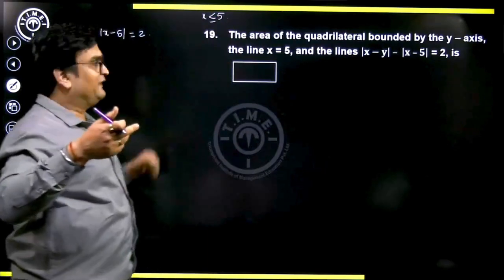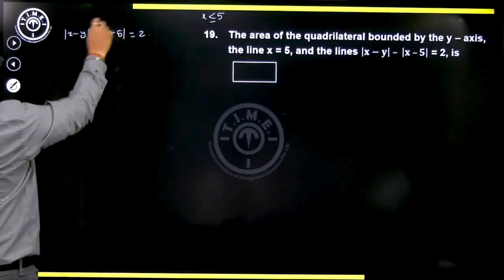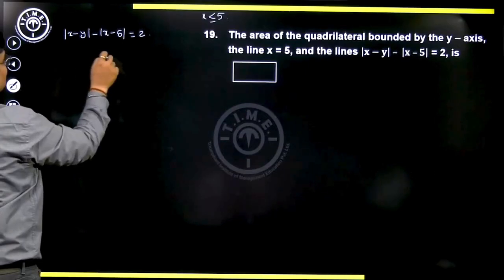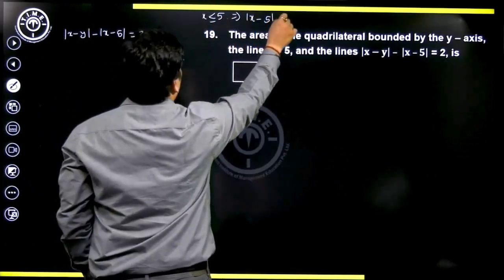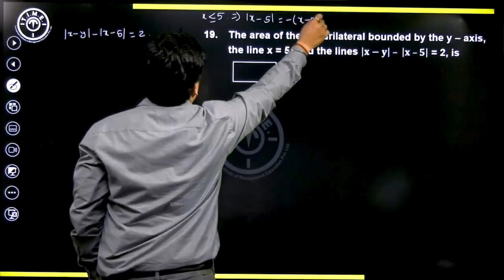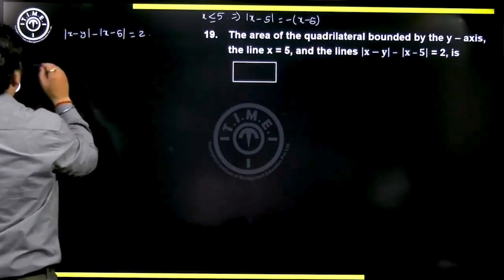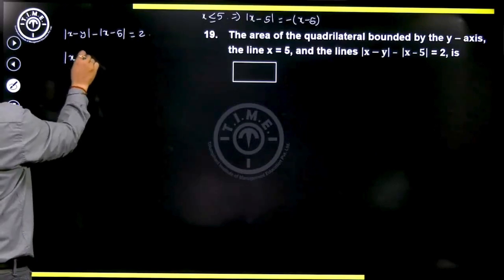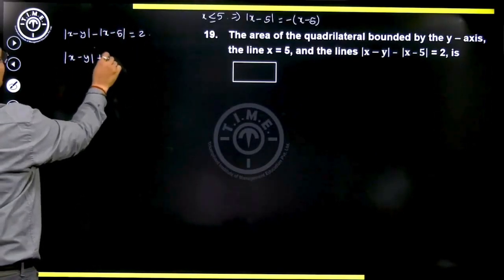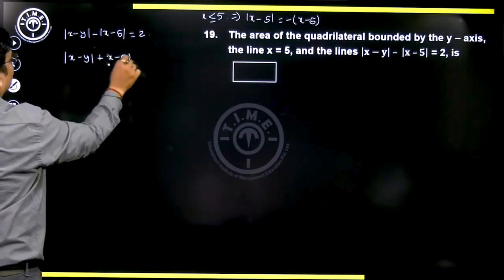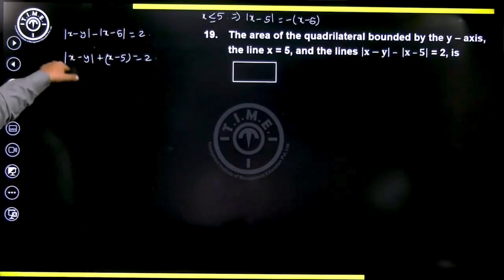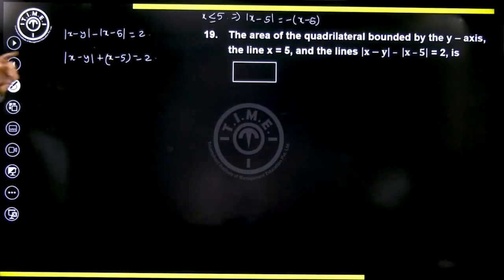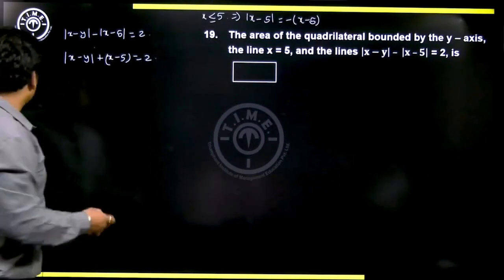It will be less than or equal to 5, and hence can I say this mod here, when x is less than or equal to 5, mod of x minus 5 will become minus of x minus 5. So how much will this become? This will be mod of x minus 5, minus of minus will become plus, x minus 5 will be 2. Okay, something like this. Now let's deal with this expression. This also has a mod of x minus 5. So if I just try to